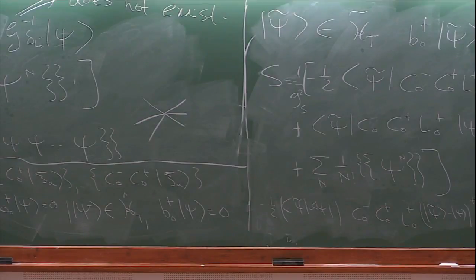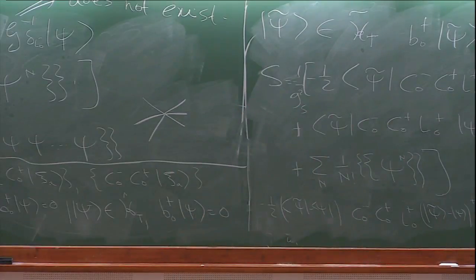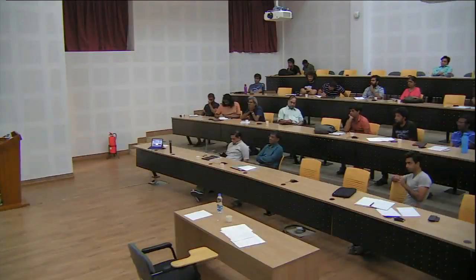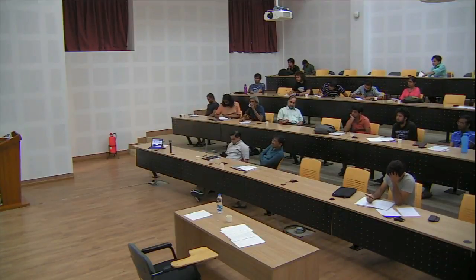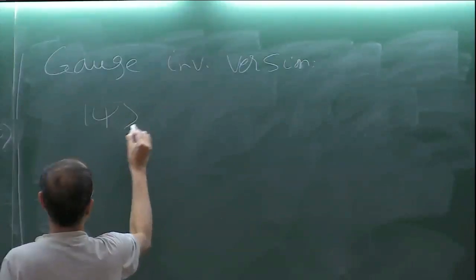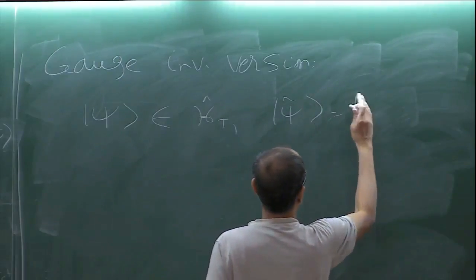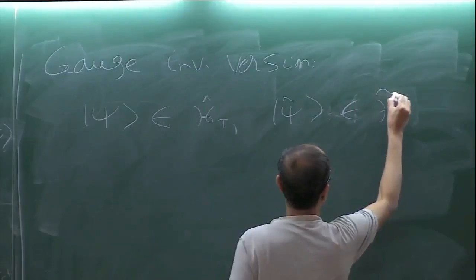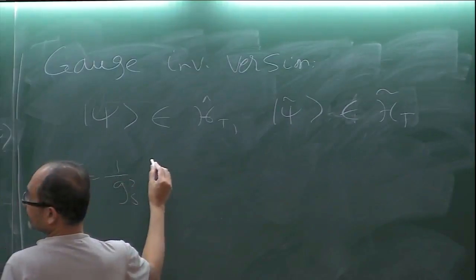So maybe I just say one more thing and then I finish. This is a gauge fixed action, and as I had stated earlier, for the gauge invariant version of this, we relax the B0 plus condition, we take psi equal to h hat t, psi tilde in h tilde t, and then the action is given by 1 over gs square